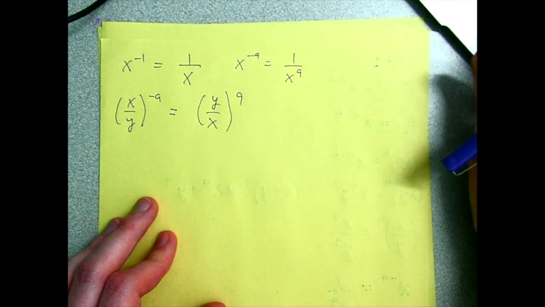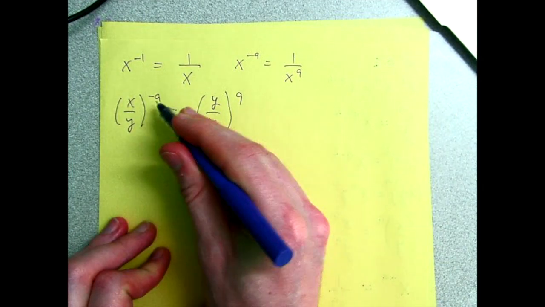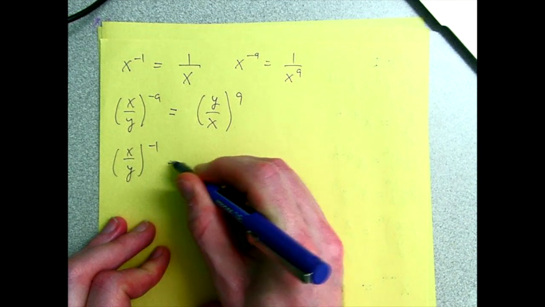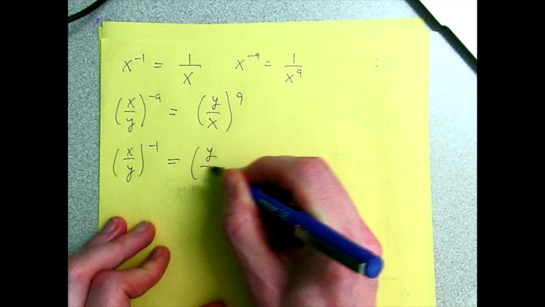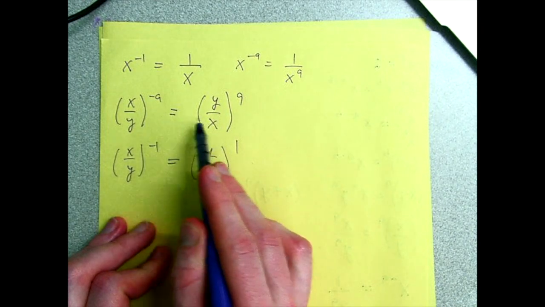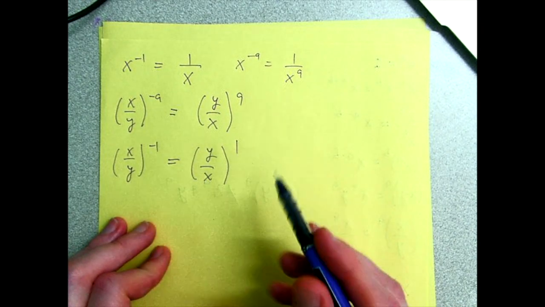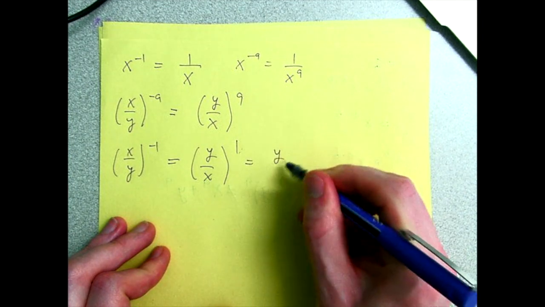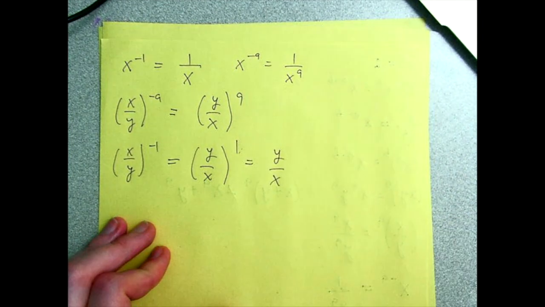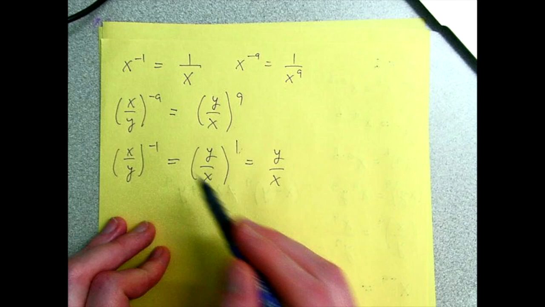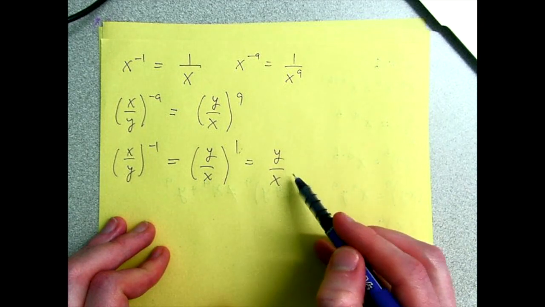know. As a specific example of that, if a is equal to 1, if you have x over y to the negative 1, that's really just y over x to the positive 1. Here I'm using the rule that I just wrote down here with a equal to 1. But of course, y over x to the positive 1 is really just y over x, because anything to the 1 is itself. So the fact that raising a fraction to the negative 1 simply flips the fraction upside down